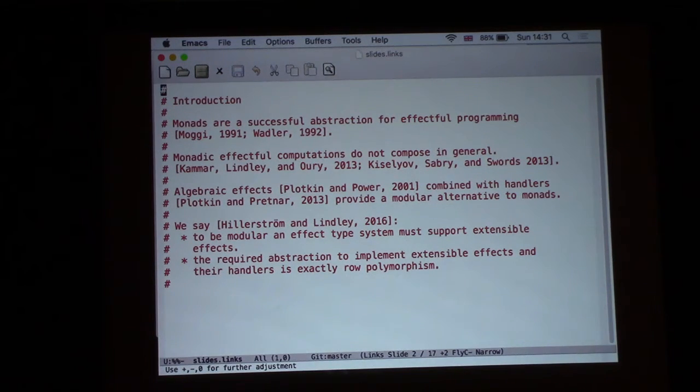Monads have been, I think it's fair to say, the de facto way of handling and controlling computational effects in at least functional programming. And rightly so, it has been a very successful approach to this, but it is also well known that you cannot expect two monadic computations to compose in general. So for the past two decades we've been doing it this way, and then